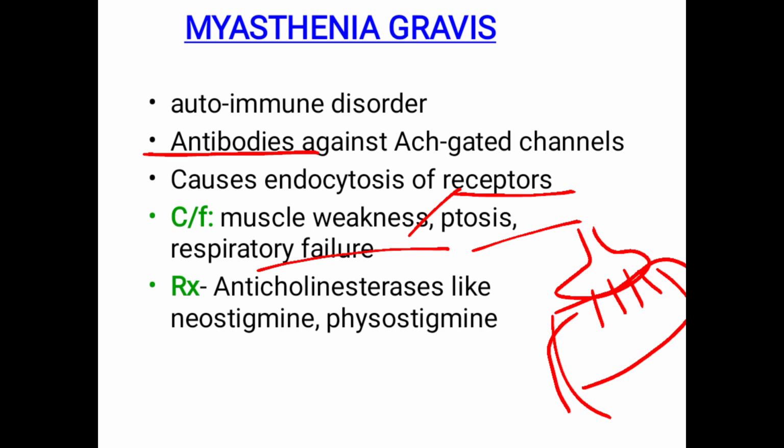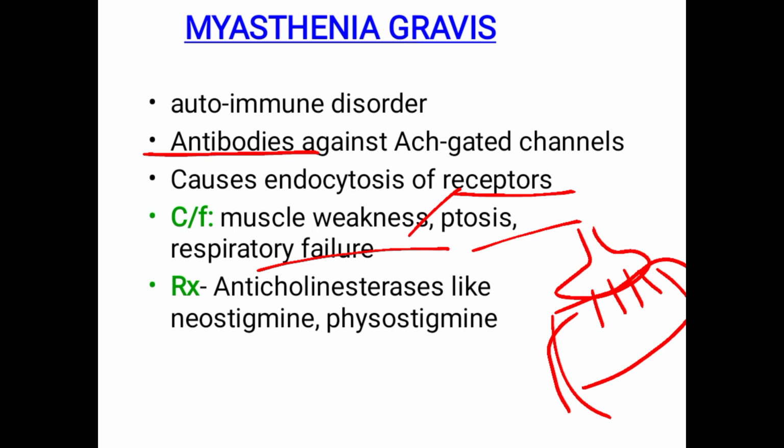So for today's class, what you have to study is only the sarcomere structure, only the diagram, which contains the A band and I band. The A band is made up of myosin protein, and the I band is made up of actin, tropomyosin and troponin proteins. Myosin and actin are called contractile proteins, and troponin and tropomyosin are regulatory proteins.